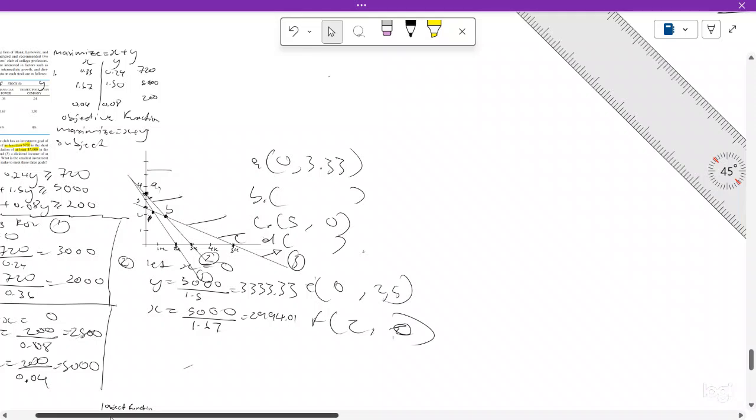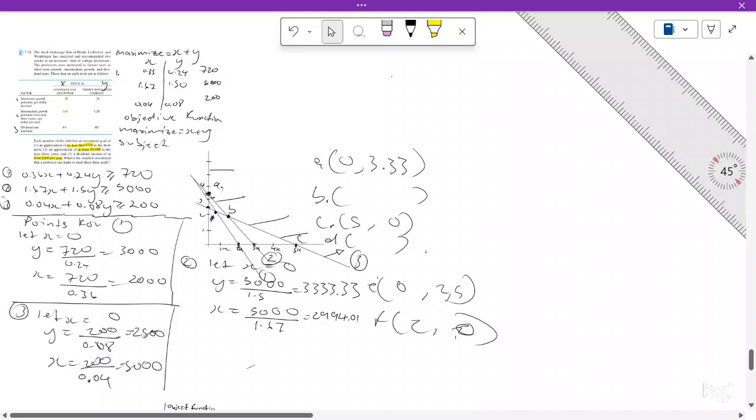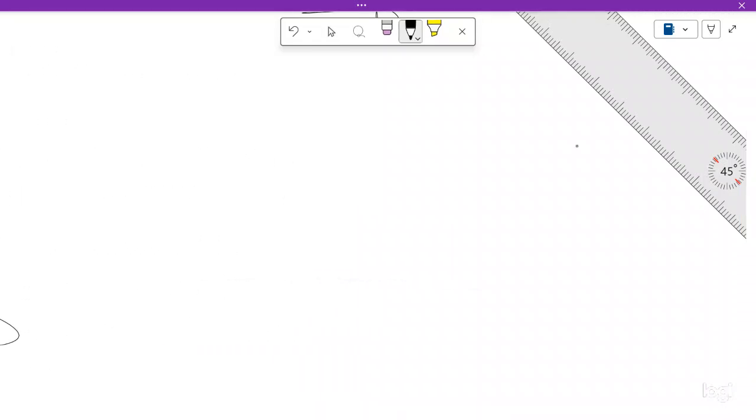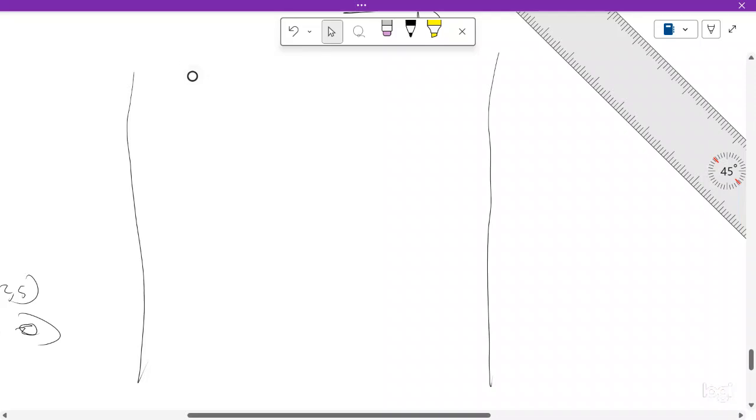0.04x plus 0.08 multiplied by 18.81, equals 200. So now you can almost tell that